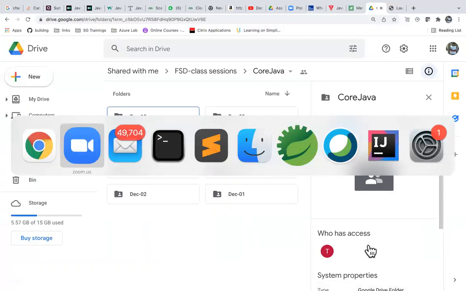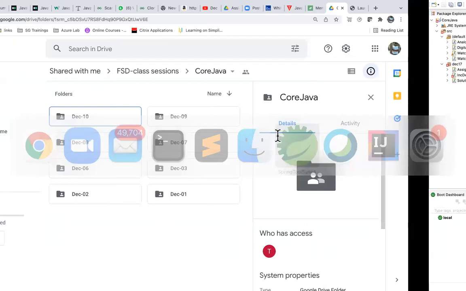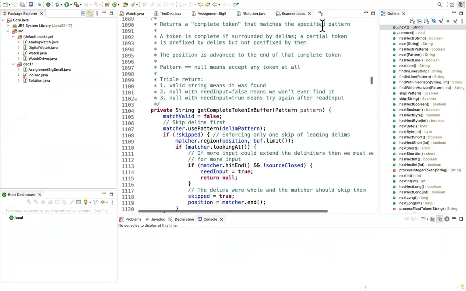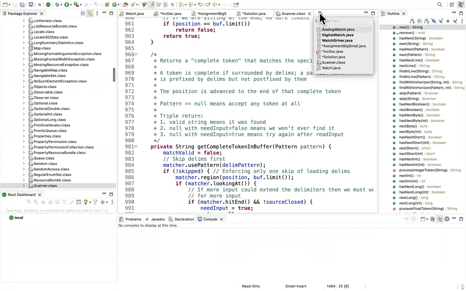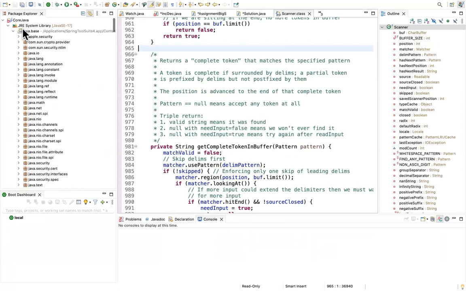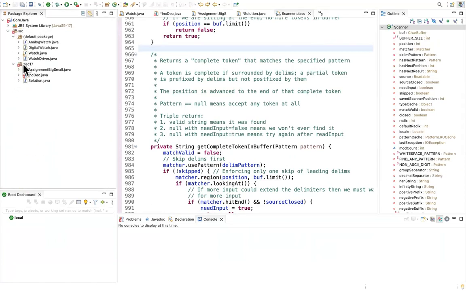So you can use your editor now. There's no need of command prompt. You can go with editor. You can just create one with singleton. New class, right? Yeah, new class.